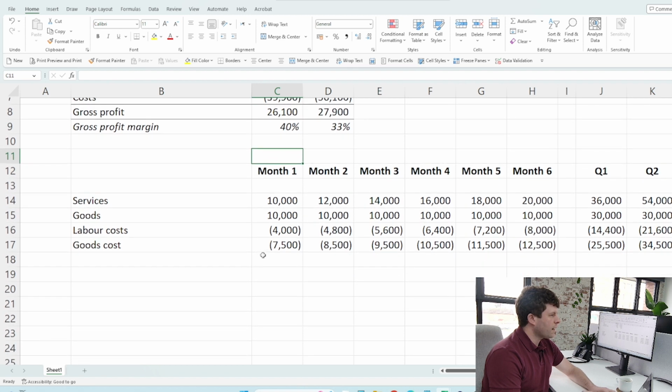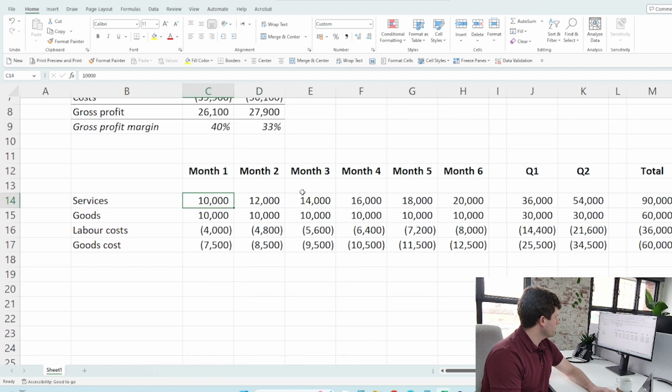So within these accounts, we have 6 months, 3 in quarter one and 3 in quarter two. And then we have services and goods. So this business is selling services and it's selling goods. It has labour cost, which relates to the services, and goods cost that relates to the goods. And I'd like to show you now that if we take that profit and loss,